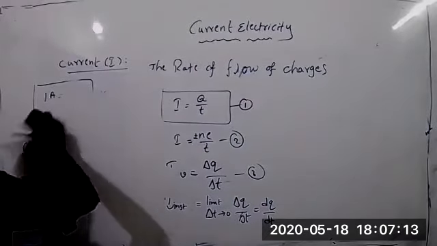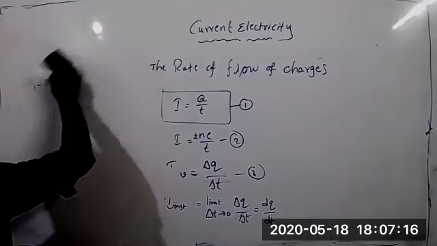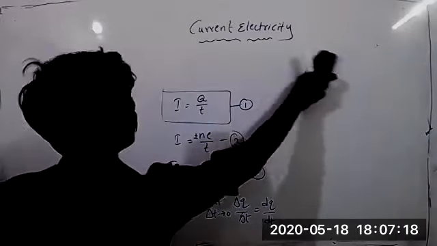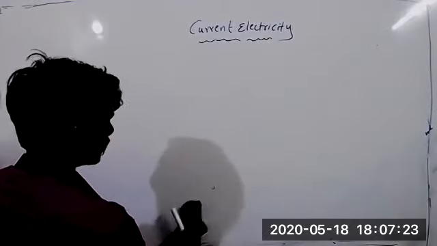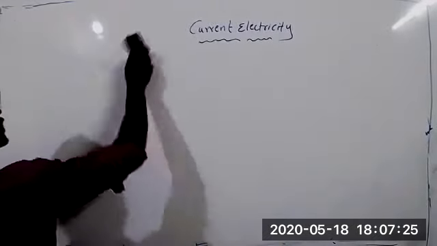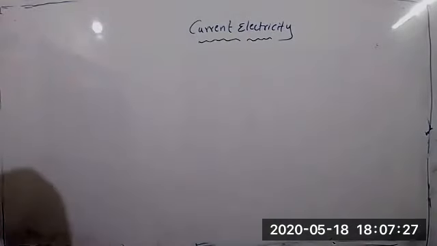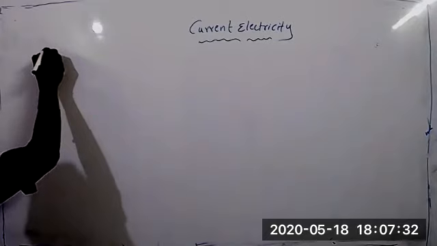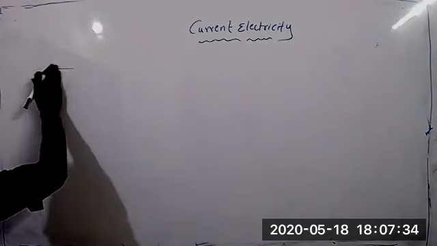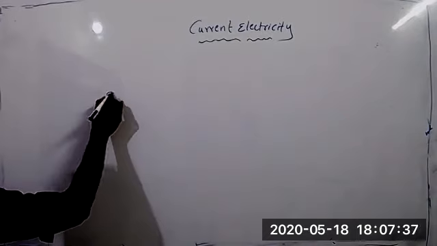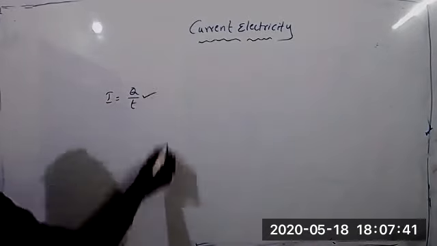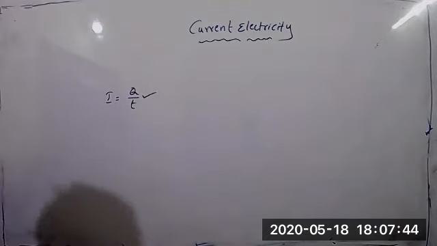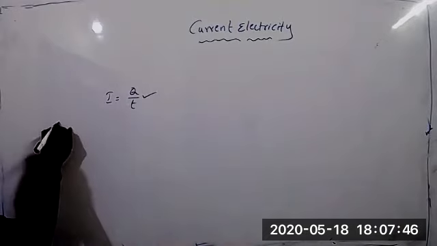Now see, this is the topic they have given in our textbook. Whatever topic I'm going to explain now is not in our textbook, but it is useful for competitive examinations. Some of the topics can also be there in electrochemistry, so it will be useful for chemistry also. Now, case 1. If they have given charge and time, we can calculate current very easily.